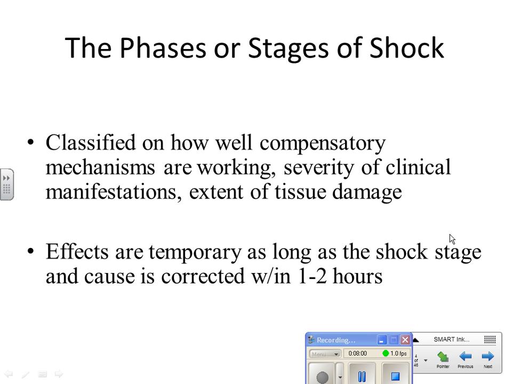And we have four phases of shock. The book says three, and that's a very new way of approaching the phases of shock. I am teaching you the traditional four phases of shock, and what they're called, because that's probably what's going to show up on an NCLEX question. What's in Pellico is a very new way of approaching the stages, and so it's there in your reading, and I'm going to address that.